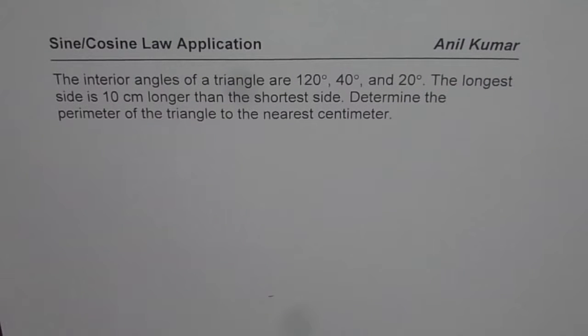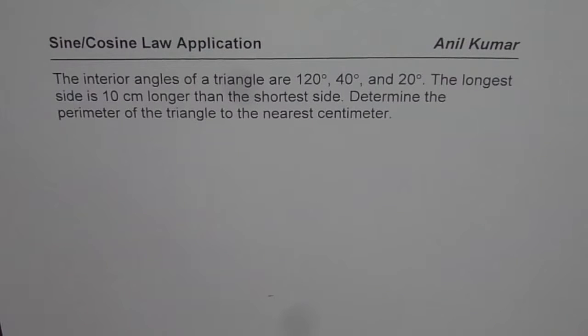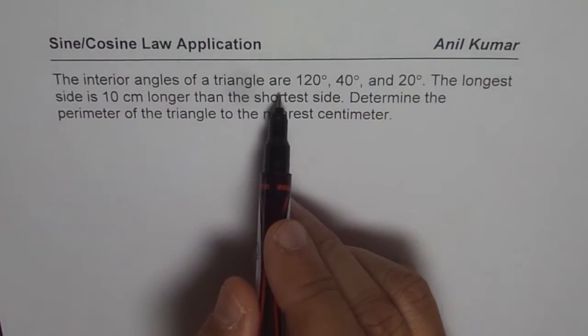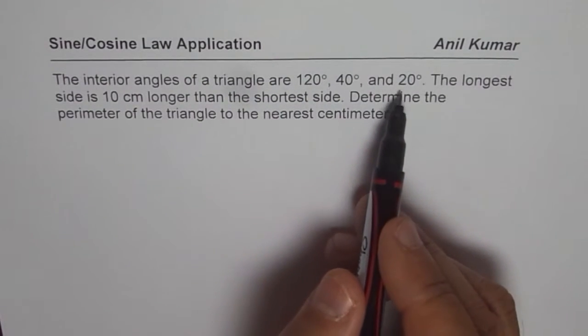I'm Anil Kumar, and now we will solve a question using sine or cosine law. So that is the application of either of these two laws. One part of our solution is to figure out which law to apply, and then we'll apply that particular law and solve the question. The question here is, the interior angles of a triangle are 120 degrees, 40 degrees and 20